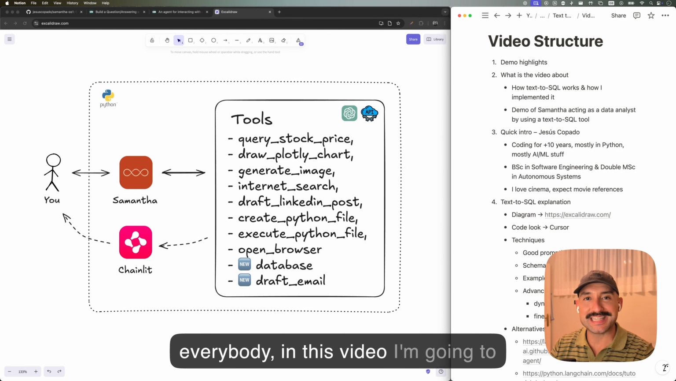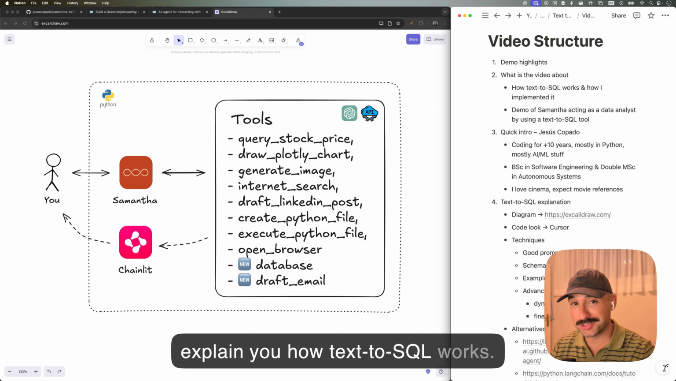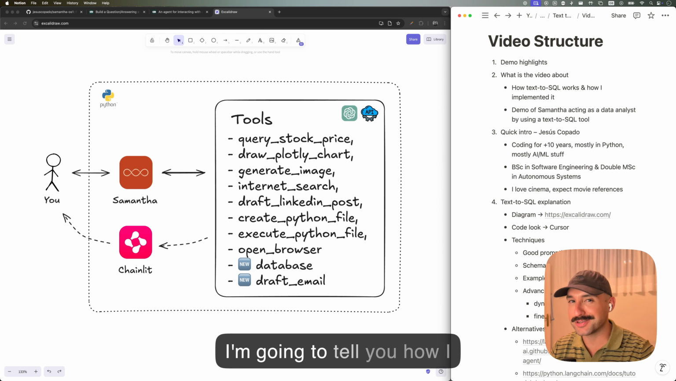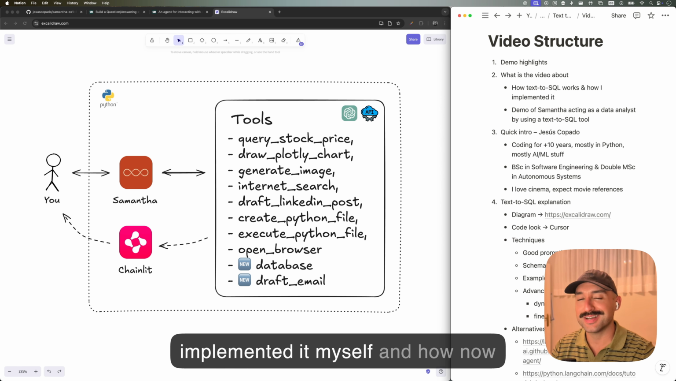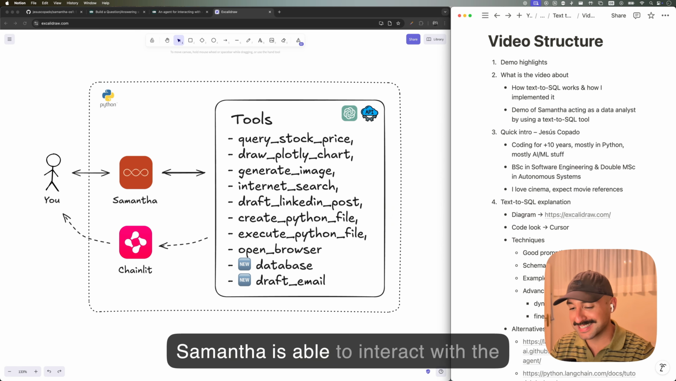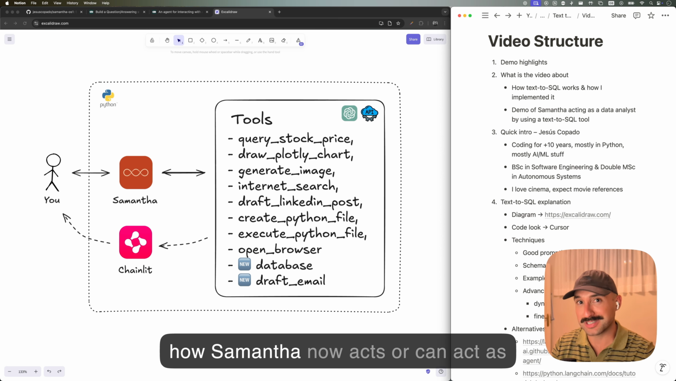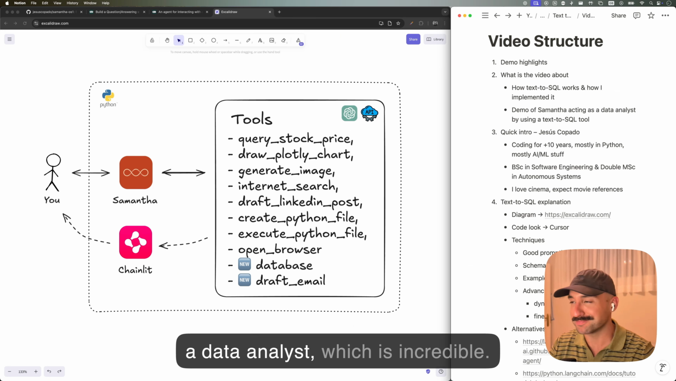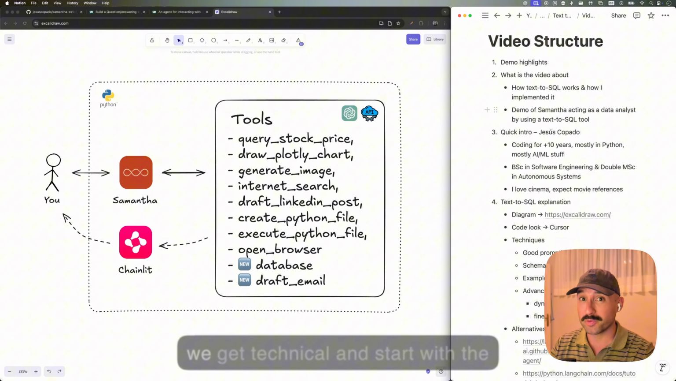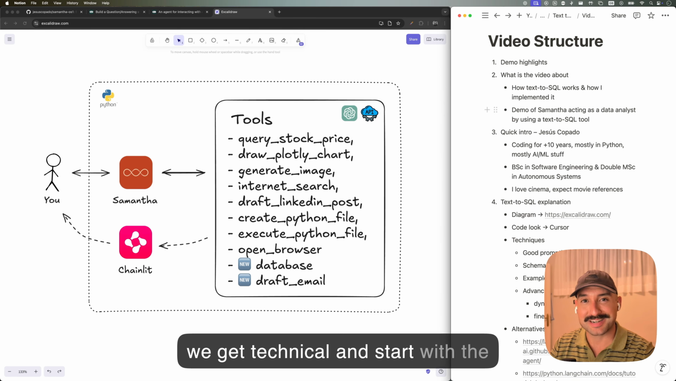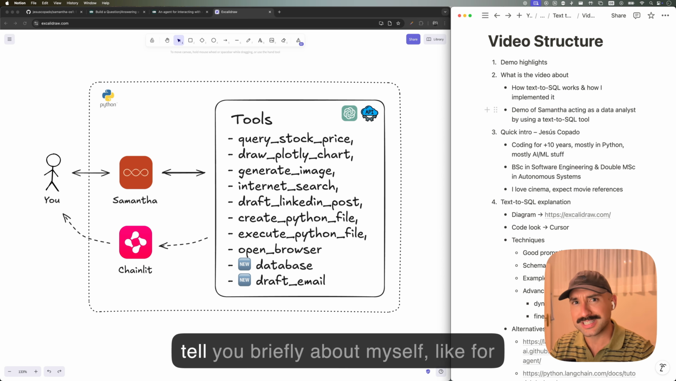Hello, everybody. In this video, I'm going to explain how text to SQL works. I'm going to tell you how I implemented it myself and how Samantha is now able to interact with the database thanks to this tool, and also how Samantha can now act as a data analyst, which is incredible. But before we get technical and start with the explanation and the demo, let me just tell you briefly